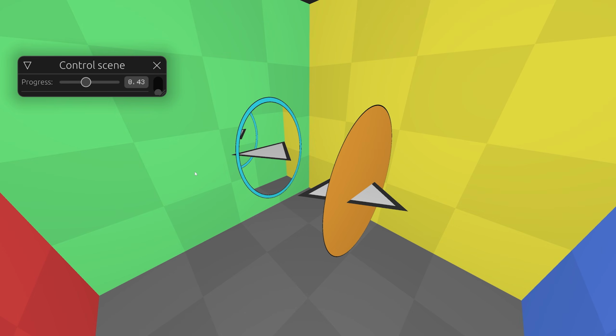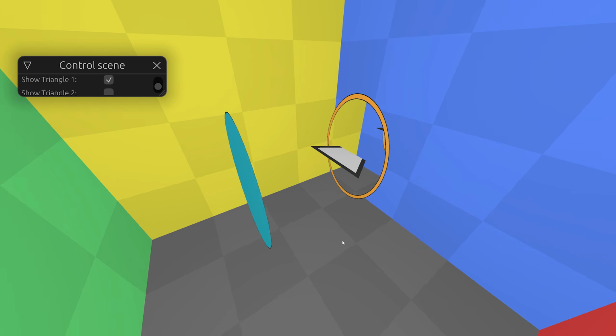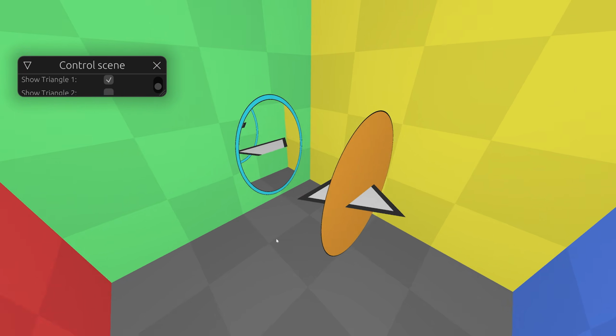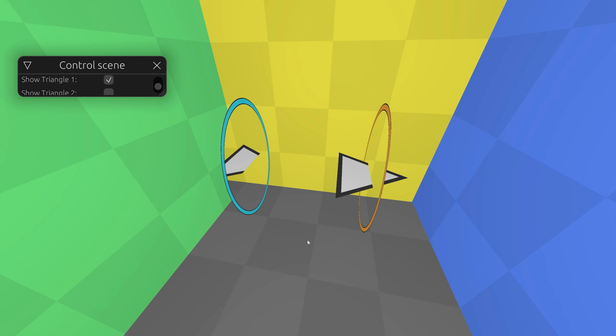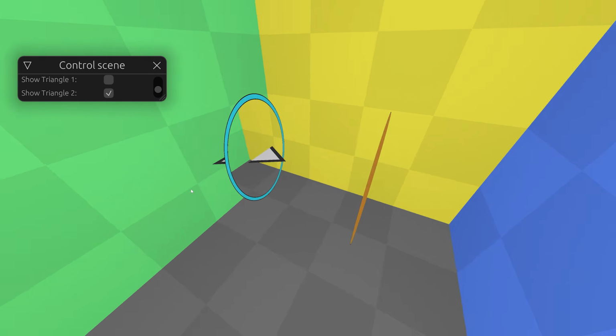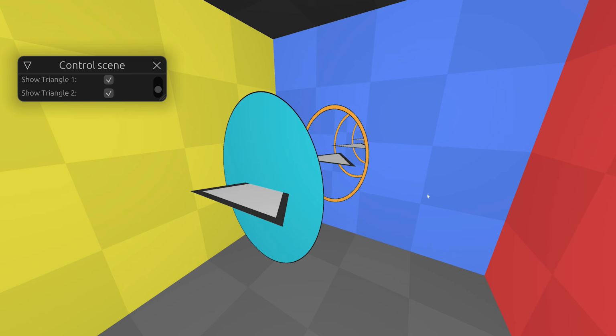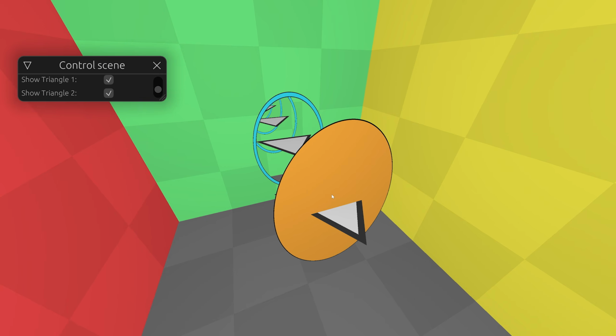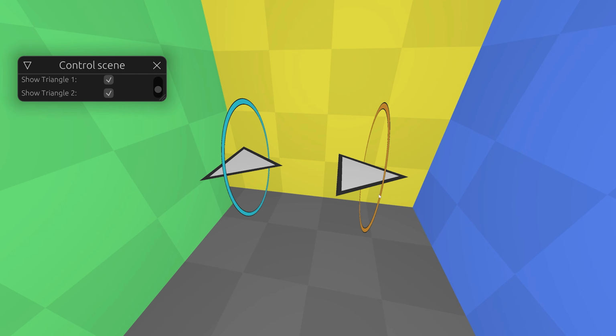Let's push this triangle by half. If we disable the other triangle, then we will see only one useful part of the first triangle. The other part does nothing useful and must be removed. But if we disable the first triangle and enable the second, we will see the same but inverted. But if we enable both parts, it will look like our teleportation works but with two excess parts. So we need to get rid of them.